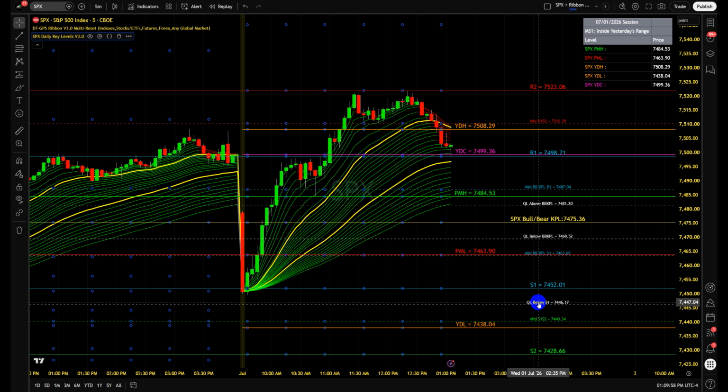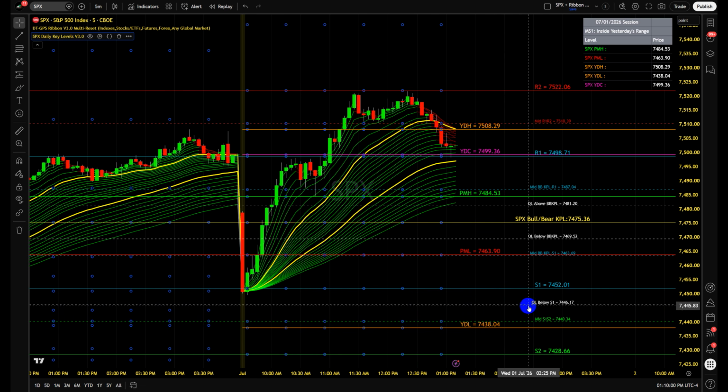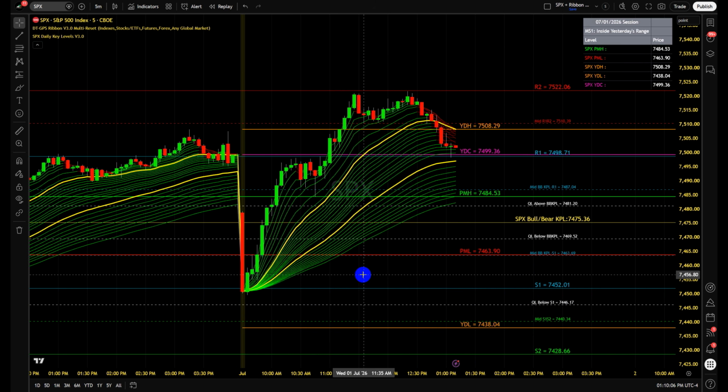QL below S1 is your bullish entry touch stop loss. Mid S1, S2, midpoint below S1 is your standard stop loss, bullish trade from S1. If you're waiting here, you had a bull bear key price level opportunity here. So if you didn't catch this,